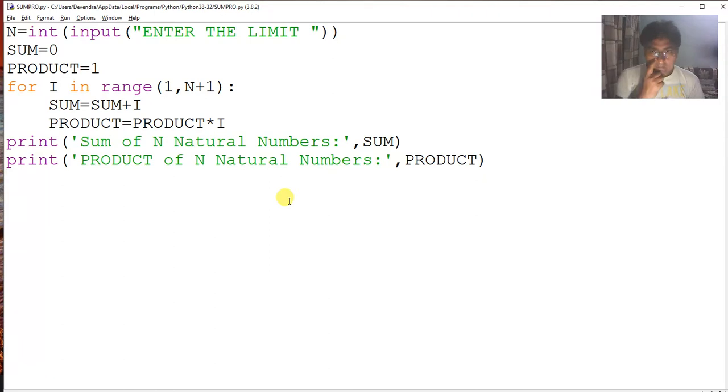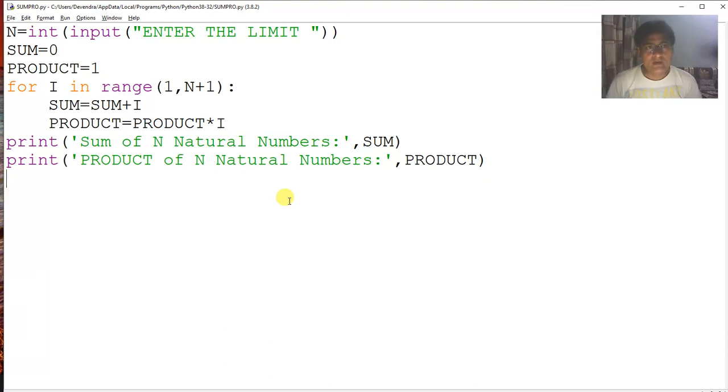Because first time when we add any value in sum, that will be 1, because I will start my counting from 1 till n. So sum will have 0 plus 1. So 0 plus 1 will not affect. If sum is having any other value, it will be adding that value.